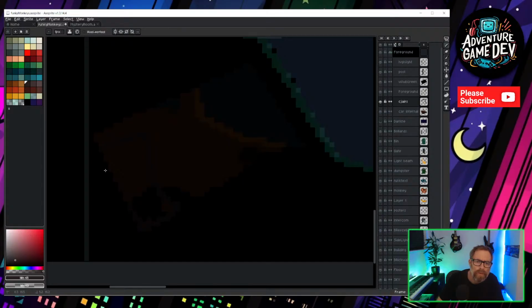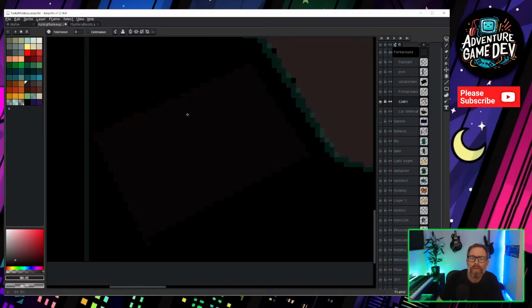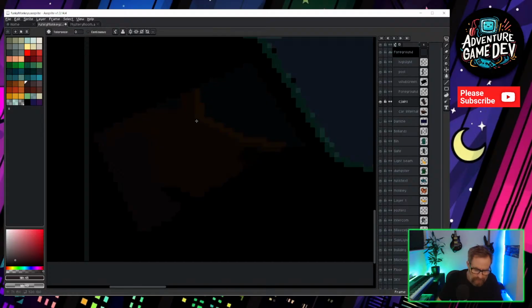I'm going to swap the layer order here in a second, don't worry about that. That other chair, whoops, just filled the whole thing. This other chair would be in darkness at this side. Darkness at that side. Dark down here.